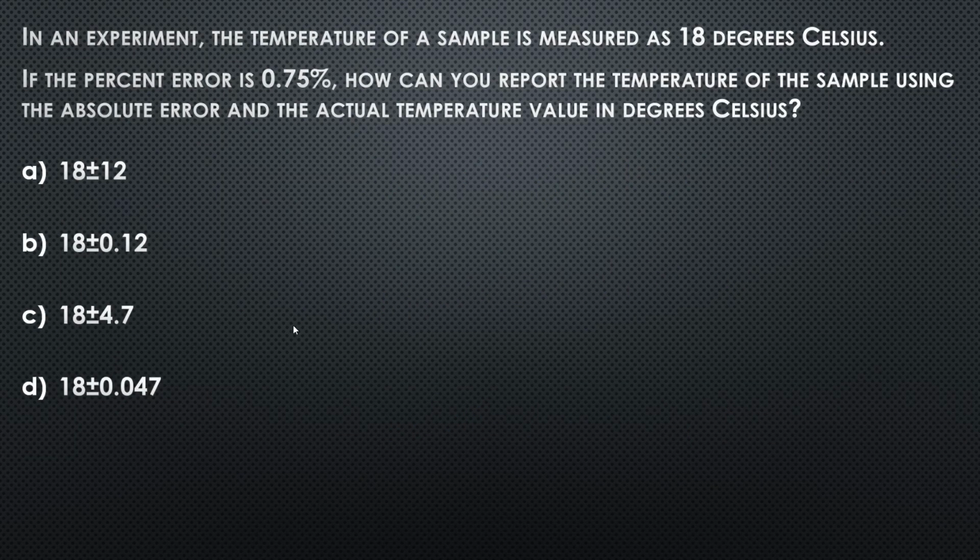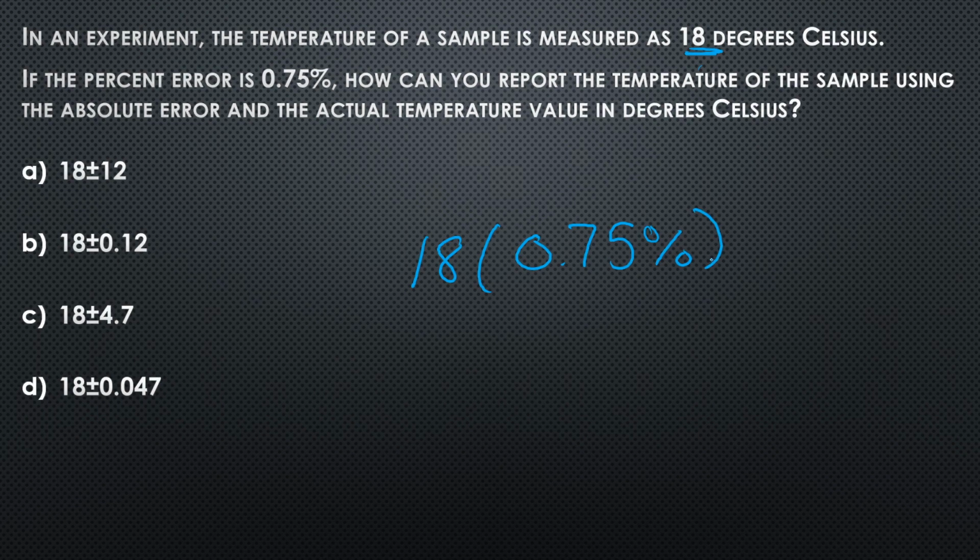Alright, very last question. In an experiment, the temperature of a sample is measured as 18 degrees Celsius. If the percent error is 0.75, how can you report the temperature using a sample of the absolute error and the actual temperature in degrees Celsius? So the only number that we're really solving for here is that second one, because if you look at all of our answer choices, they all start with 18, which is the number that we have up here. Okay, and to figure out the second number, all we need to do is take our 18 and multiply it by this